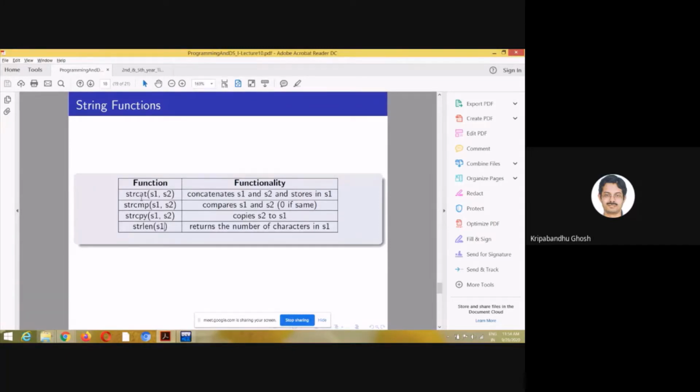Here in C that doesn't work. And in Python you can basically use the equal to sign to compare two strings. That also doesn't work here. And you can copy one string to another. That also doesn't work here.